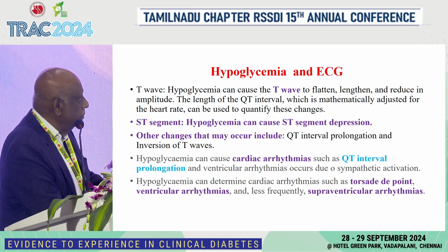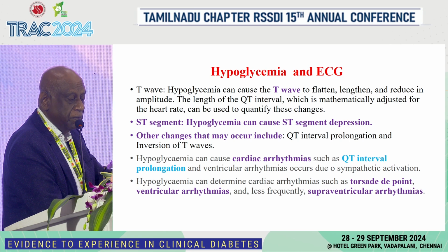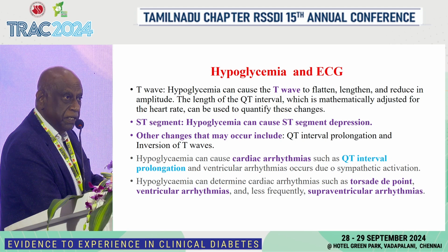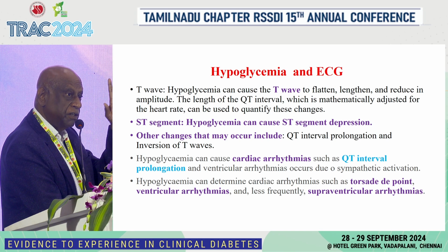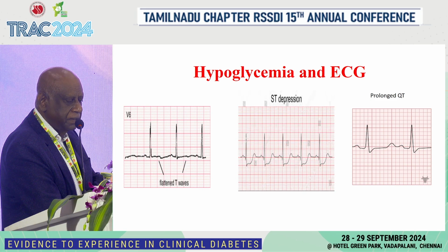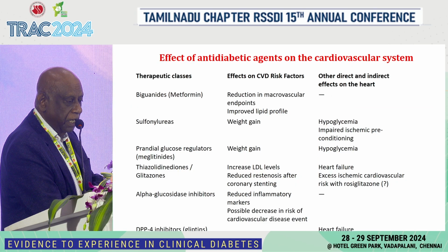And hypoglycemia can always cause an ECG abnormality, usually tachycardia as well as ST segment depression. Sometimes if it is persistent, it can go on to torsades de pointes or ventricular dysrhythmias or supraventricular arrhythmias. Many a time, after a prolonged hypoglycemia in the night, the patient is brought to you in the morning unconscious. Hypoglycemic encephalopathy, he has gone. See the ECG, it will always be abnormal. And this is the ECG ST segment changes in cases of diabetic hypoglycemia.